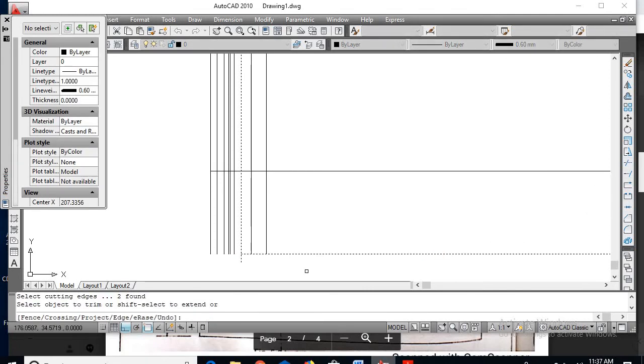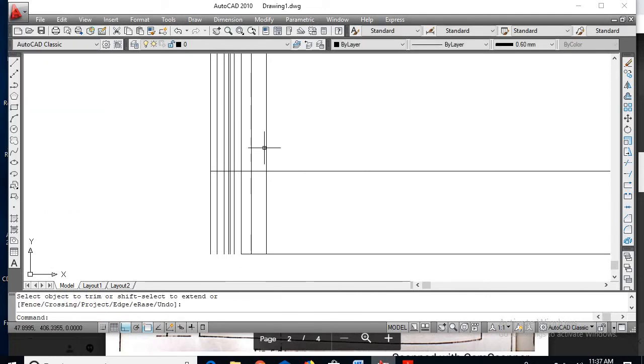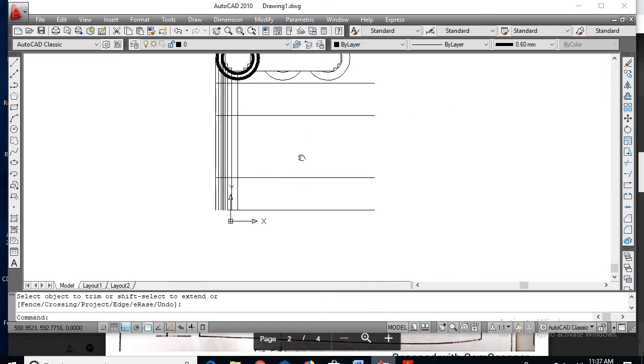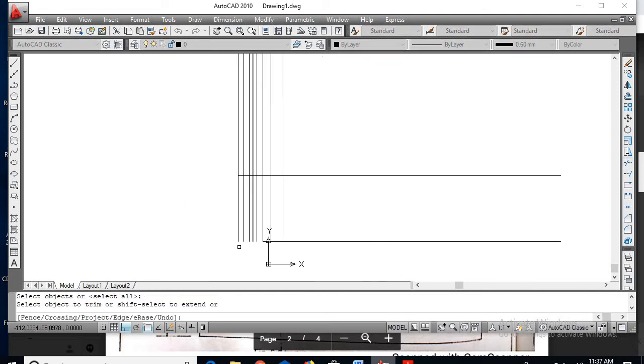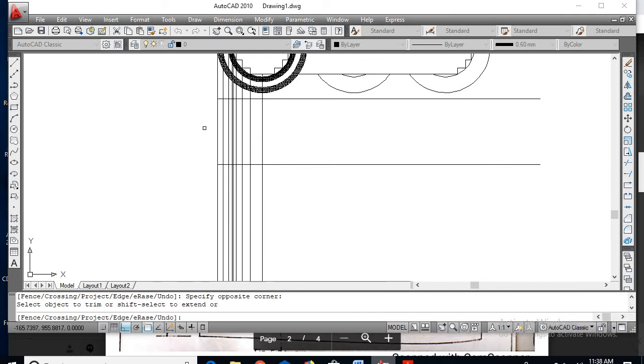Go for the trim command, right click, now the unwanted portion. Similarly here, trim command, right click, so trim the unwanted lines here as well as at the top.